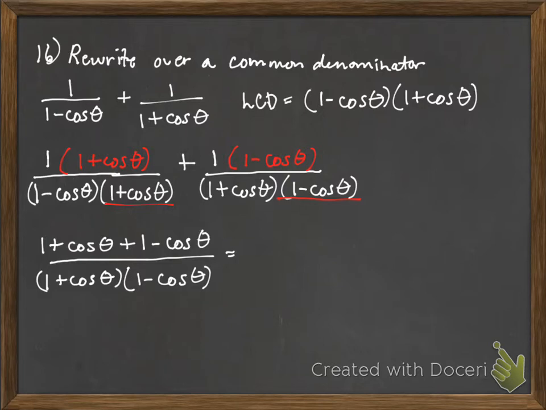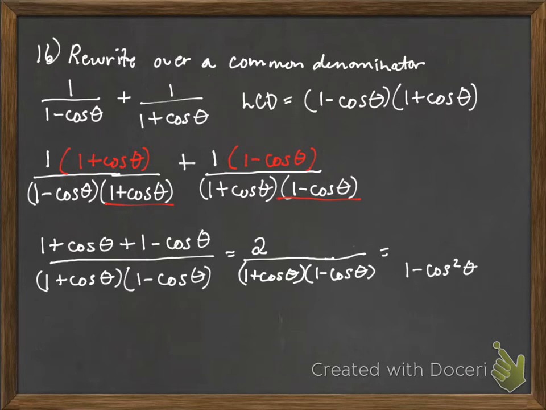Alright, let's combine like terms in the numerator. I get 2 over 1 plus cosine theta, 1 minus cosine theta. Now, if I FOIL that out, or if I notice those are the difference of perfect squares, the answer is going to be 1 minus cosine squared theta. 2 over that. And you'll notice that the answer key doesn't look like that because they want you to use